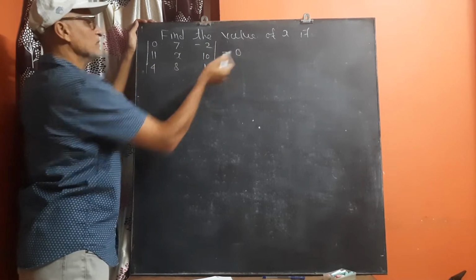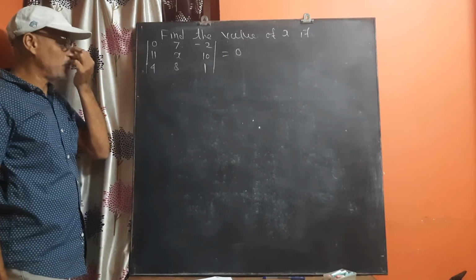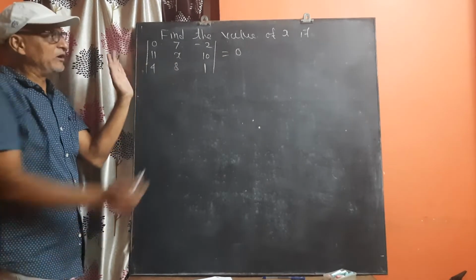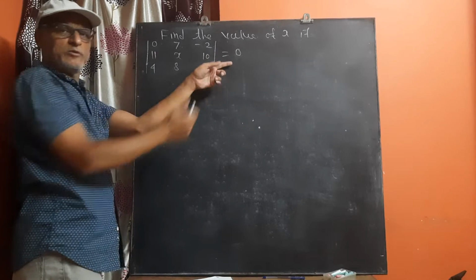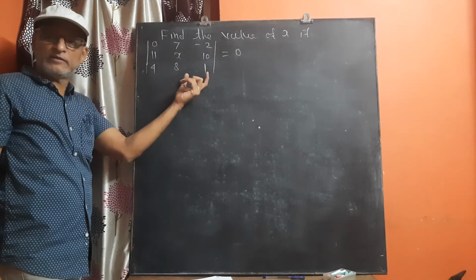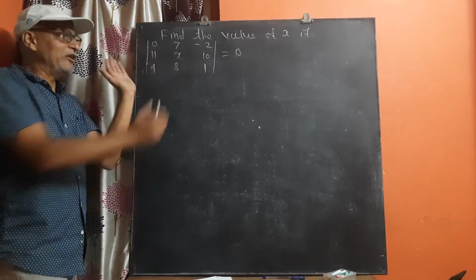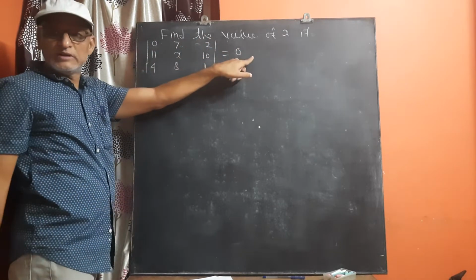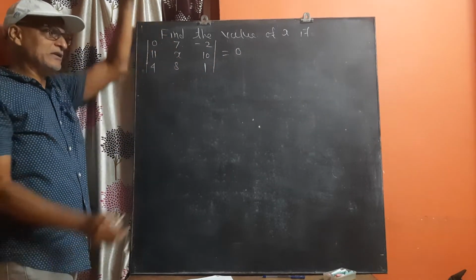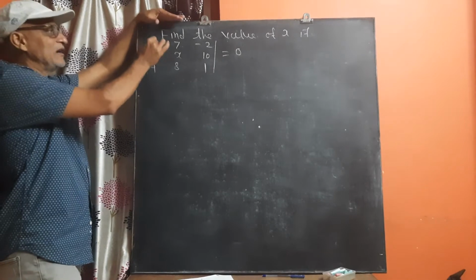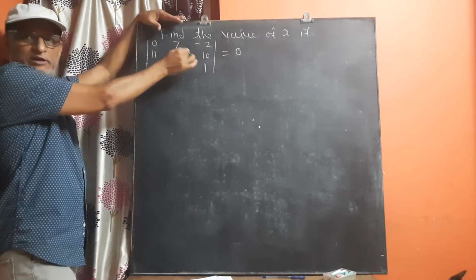is equals to 0. अब इसमें क्या दिया है आपको, x का वैल्यू फाइंड आउट करना है और डिटरमिनेंट का वैल्यू क्या दिया है, 0. लास्ट प्रॉब्लम में हम लोगों ने डिटरमिनेंट का वैल्यू फाइंड आउट किया था. In this case the value of determinant is given, that is equals to 0, and we have to find out the value of x. The method is same. Again you start the simplification of 3 by 3 order determinant.